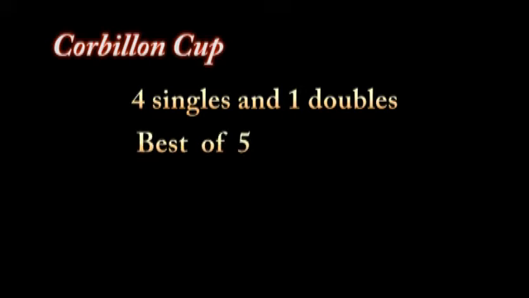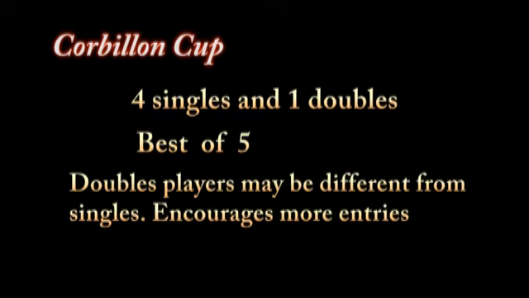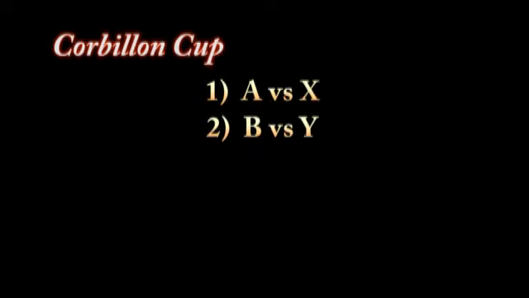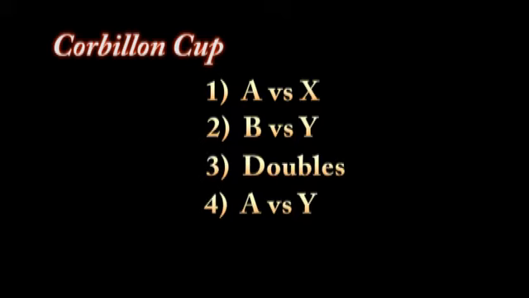The main reason for its popularity is that, although either or both of the doubles players may be different from the singles players, it is possible to form a team with only 2, 3, or 4 players, and this encourages more entries. The order of play shall be A versus X, B versus Y, doubles, A versus Y, B versus